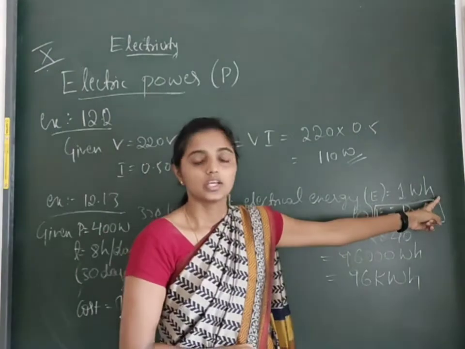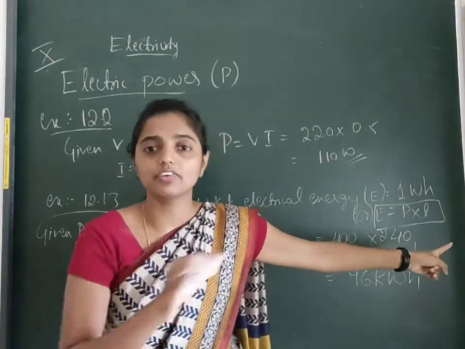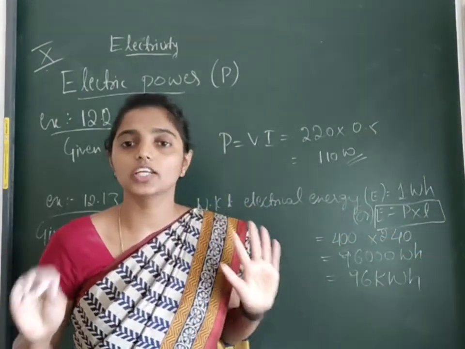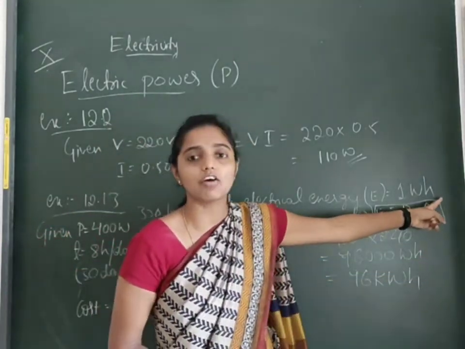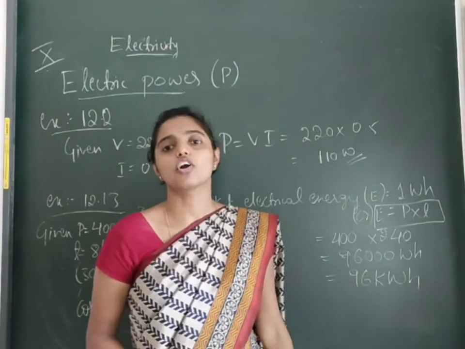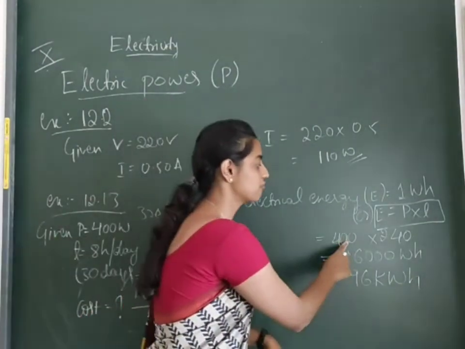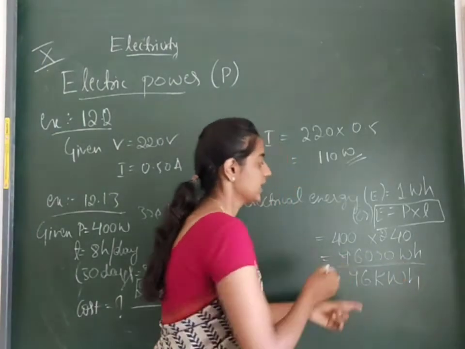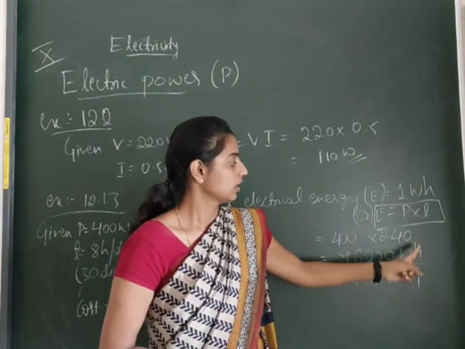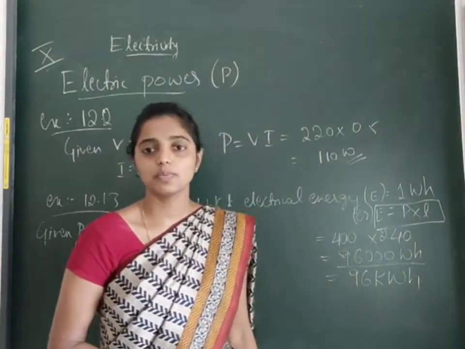Now listen, here the formula is directly given in the hours, right? So no need to convert into seconds unless we want in terms of seconds. So since we have directly in hour, take it as 240 hours. Okay, so multiply 400 into 240. So how much you will get? You will get 96,000 watt hour. The unit is a must.